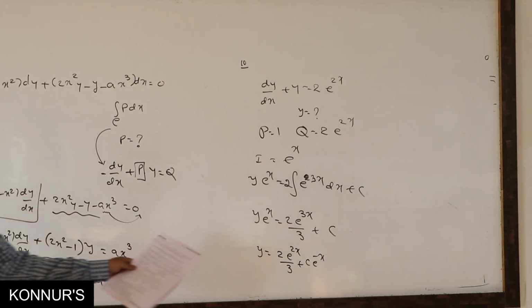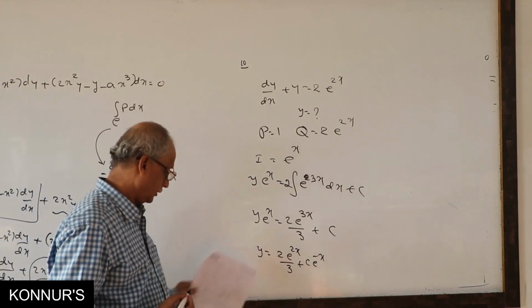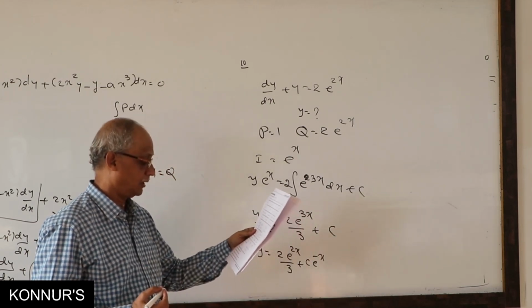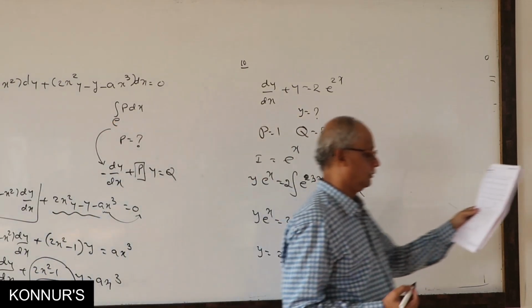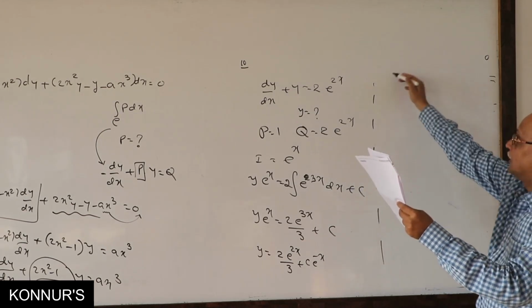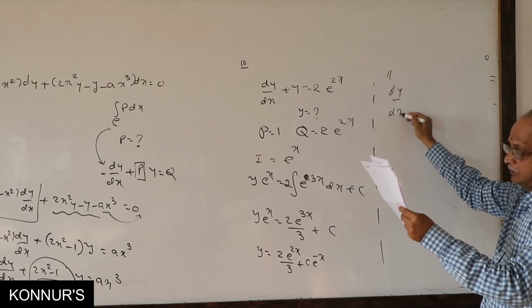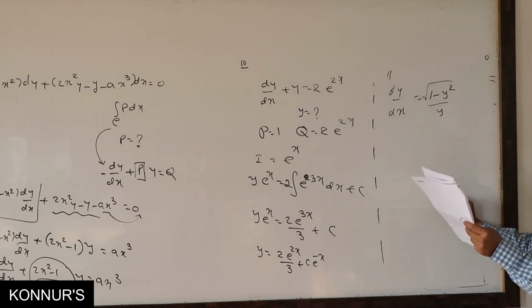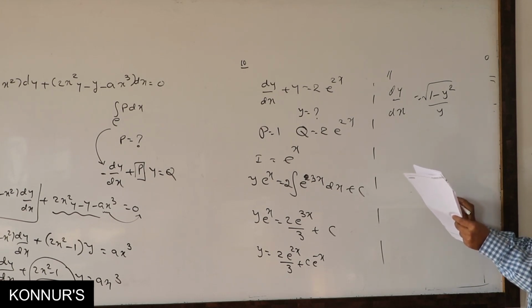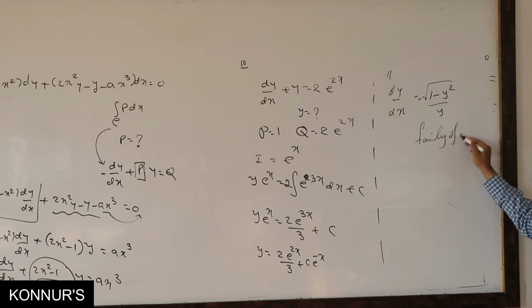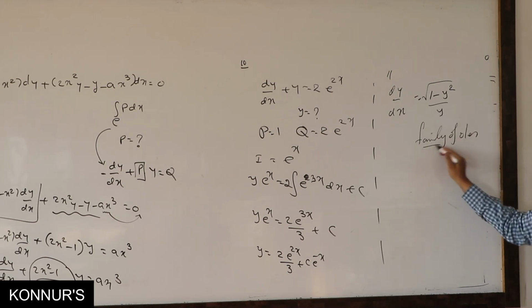Okay. He is reversing the terms. First he is writing here, this is there, hence third option must be correct. Next important, 11th, geometry. Answers are related to coordinate geometry. Therefore, dy by dx is equal to root 1 minus y square by. It determines a family of circles. He is only giving hint. Family of circles. What is meaning of family of circles? System of circles. Group of circles.